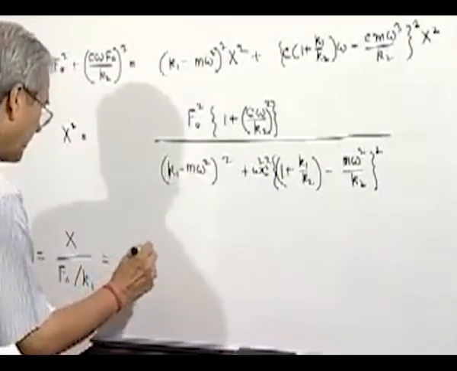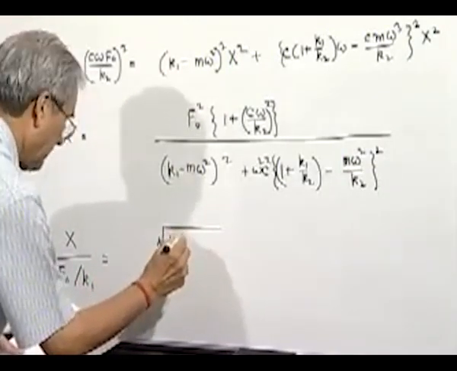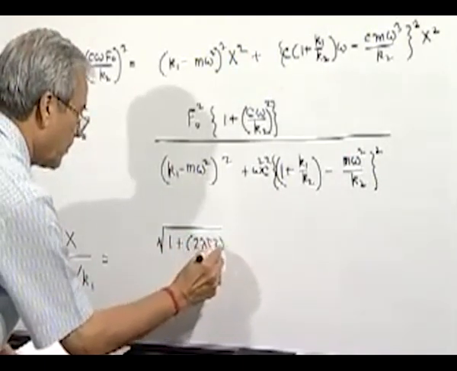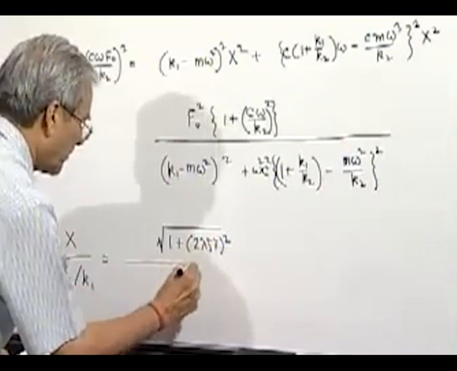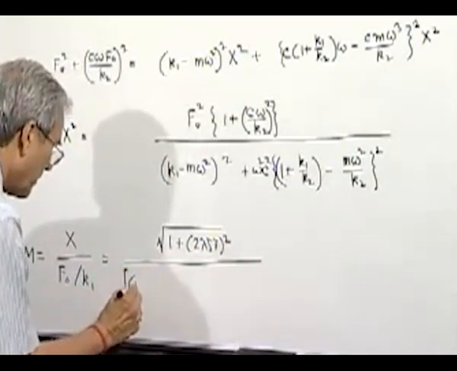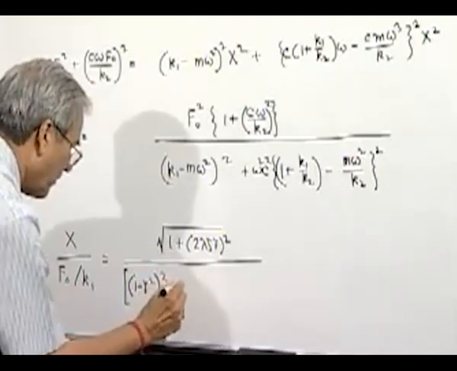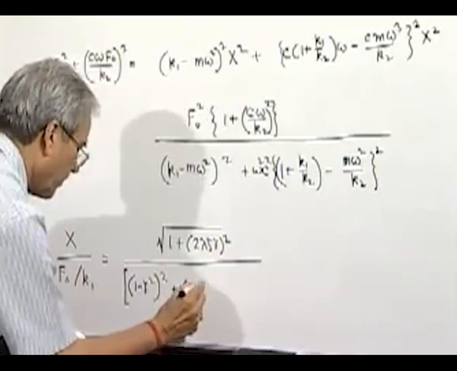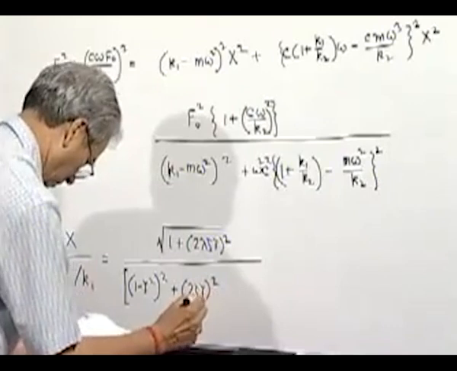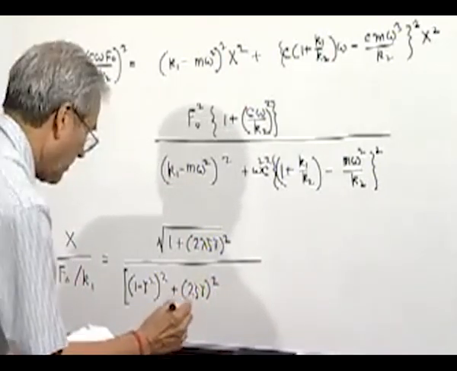The magnification factor, that is x by f0 by k1. In this case, if we apply some load statically, its deflection will be guided only by k1. We can easily see that, because in this steady state or zero velocity situation, this will not transmit any force. So the only resistance to deformation will be k1. So f0 by k1 is the static deflection, and that is given by